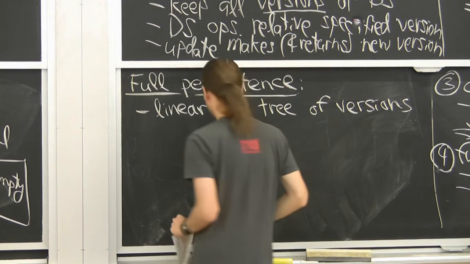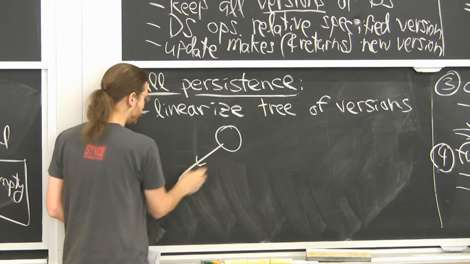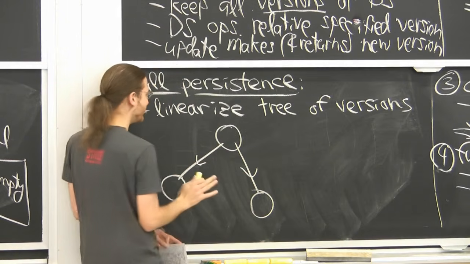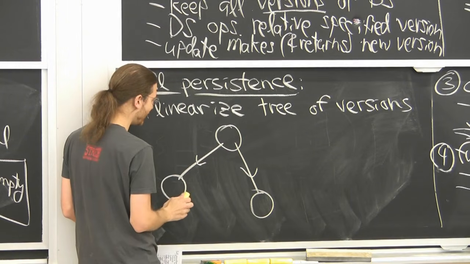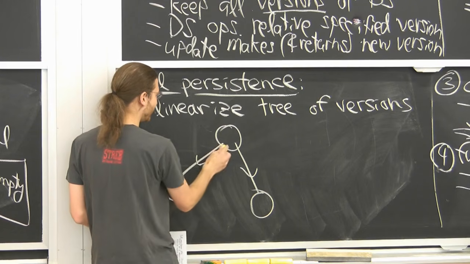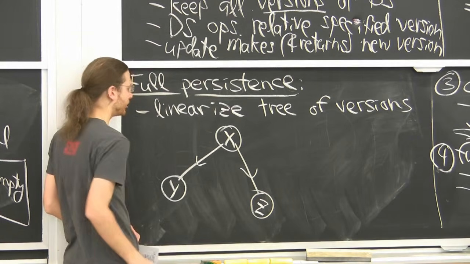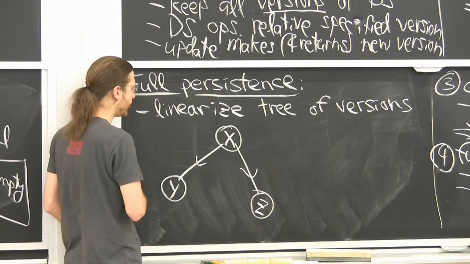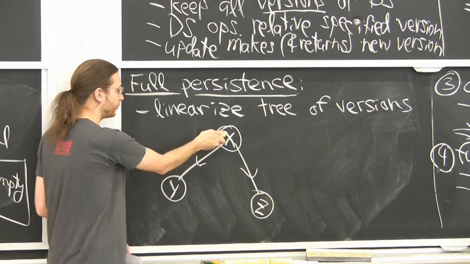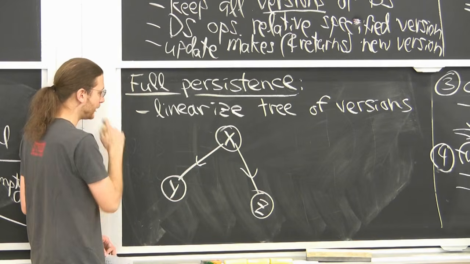Okay, how do we do this? With tree traversal. Imagine I'm going to draw a super complicated tree of versions. Say there are 3 versions. I don't want to number them because that would be kind of begging the question. So let's just call them X, Y, and Z. All right, it's a directed tree because we have the older versions. This is like the original version, and we made a change. We made a different change on the same version.